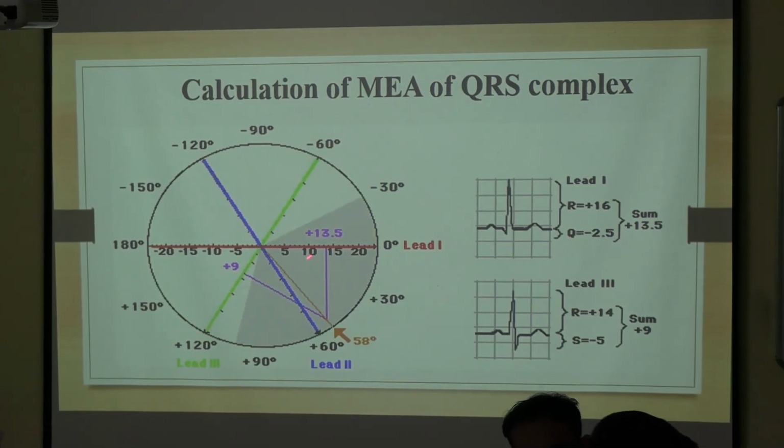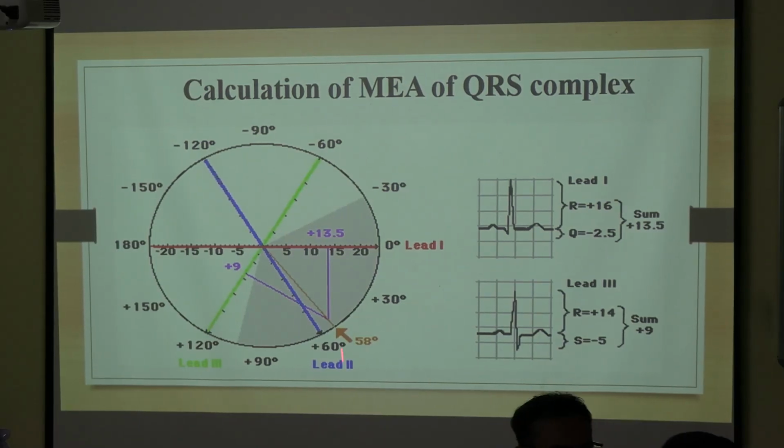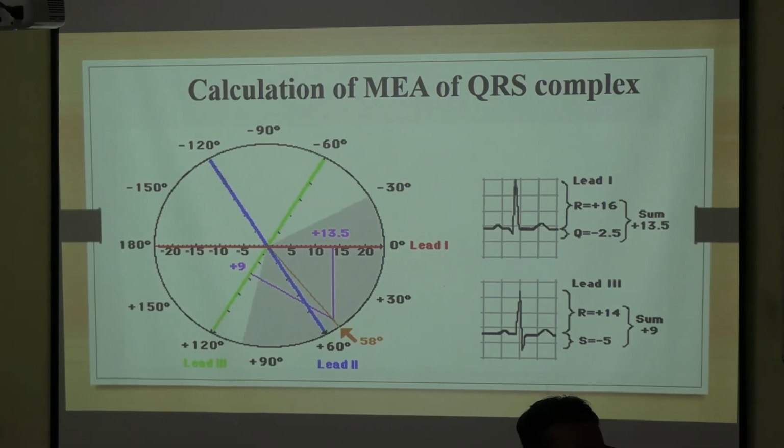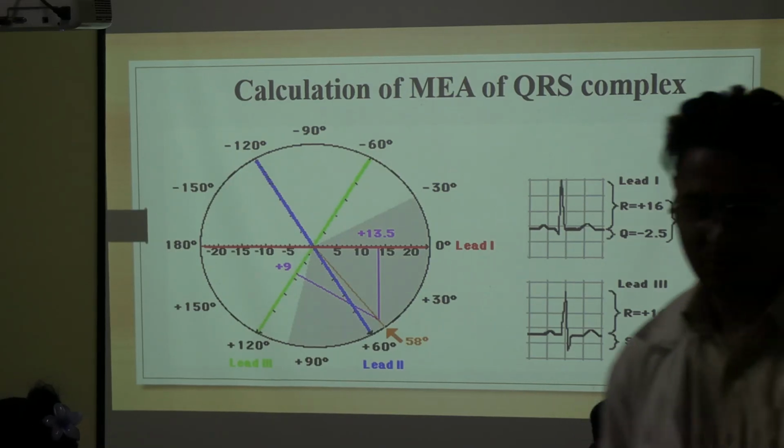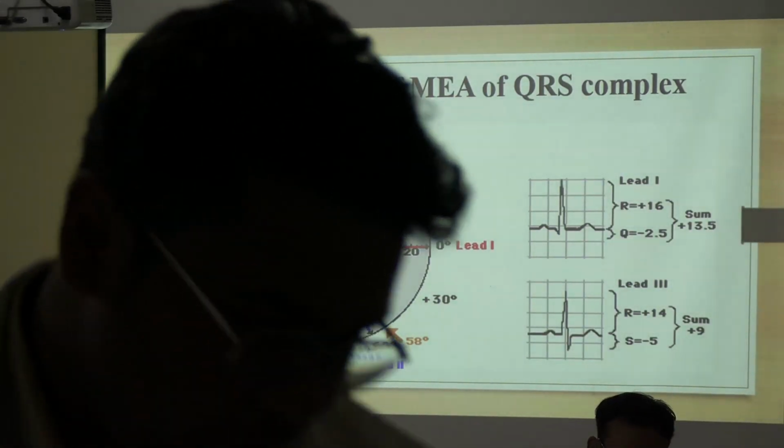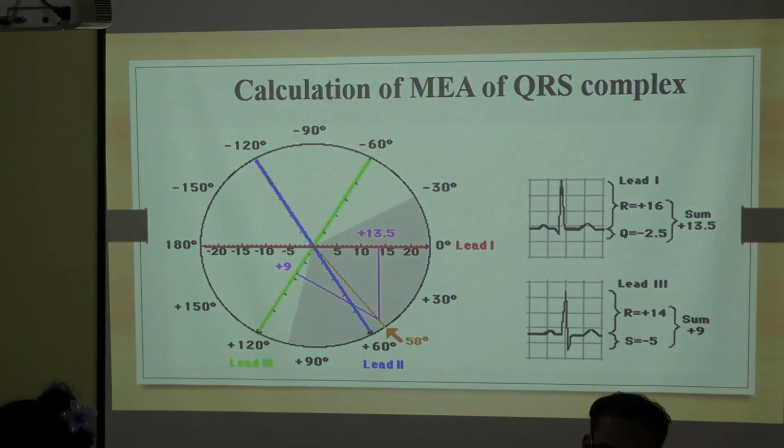The degree, you know this one, this will be 0 degrees. If you come towards like this, in this case it is 58. So from here you have to count. Or if you can't understand that one, then go with that method. If you want the exact one, you can go with this method.